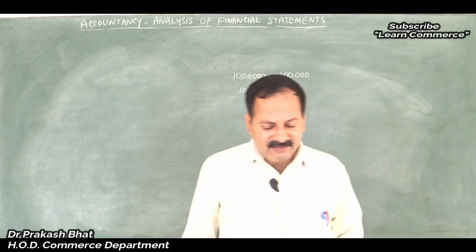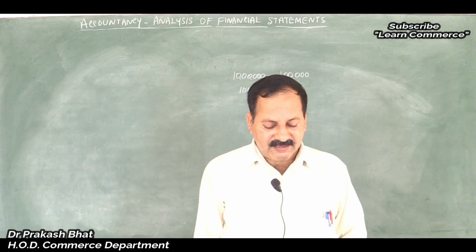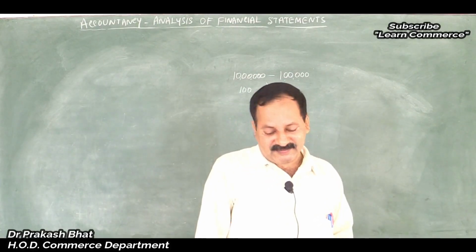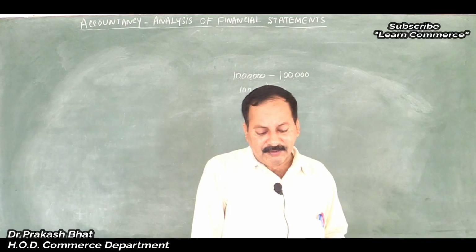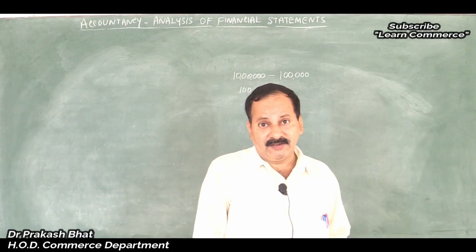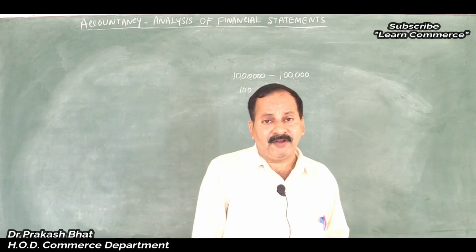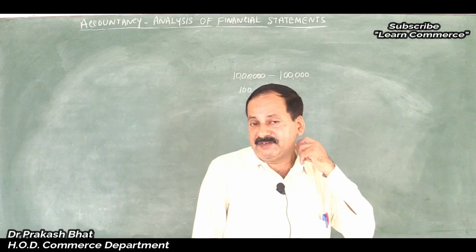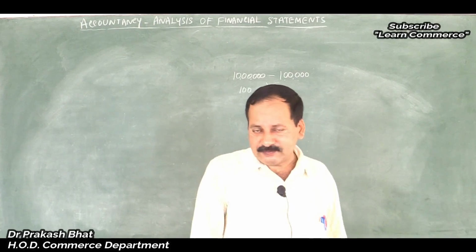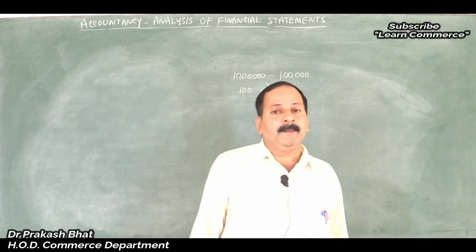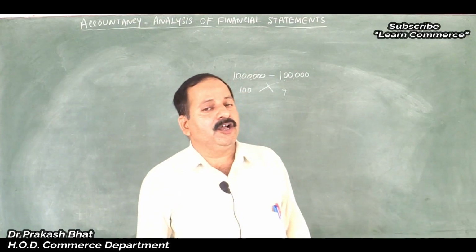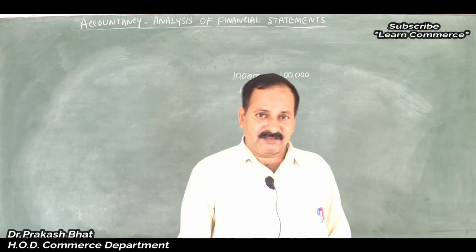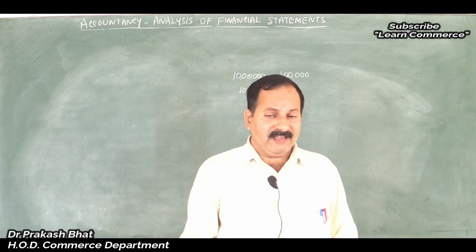So the figure is given: revenue from operations, then less sales returns, correct. So we need net revenue from operations, because we take net revenue from operations as the base for calculation, especially in case of common size statement. Here it makes no difference, but in a common size statement, net revenue from operations should be taken to calculate the percentage. That is easier than this. Common size statement is easier than the comparative.